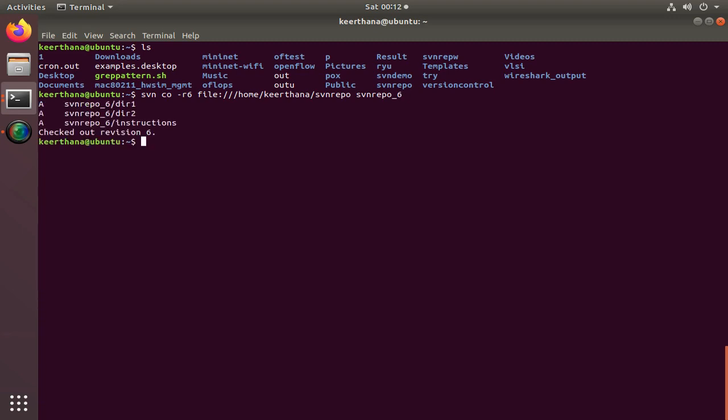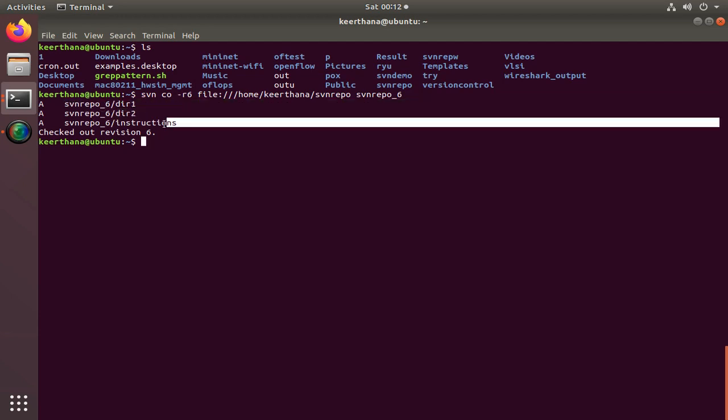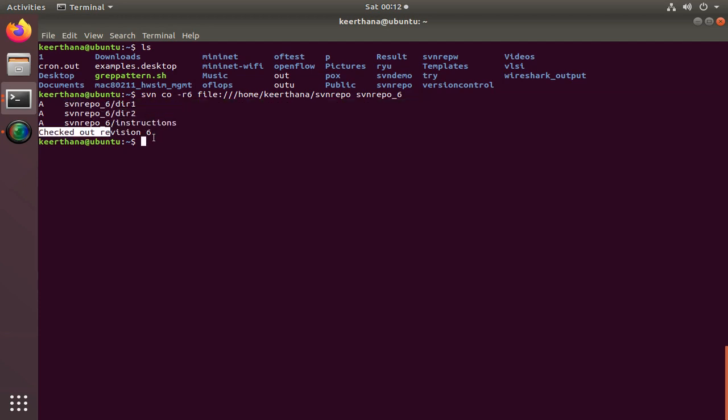Now you can check the files: directory 1, directory 2 and instructions, and that was the sixth version.